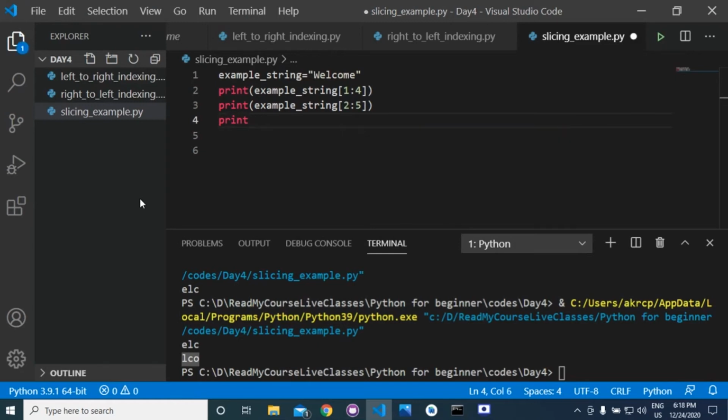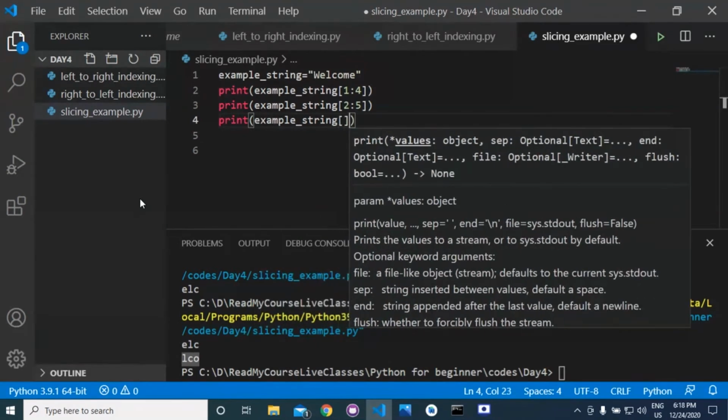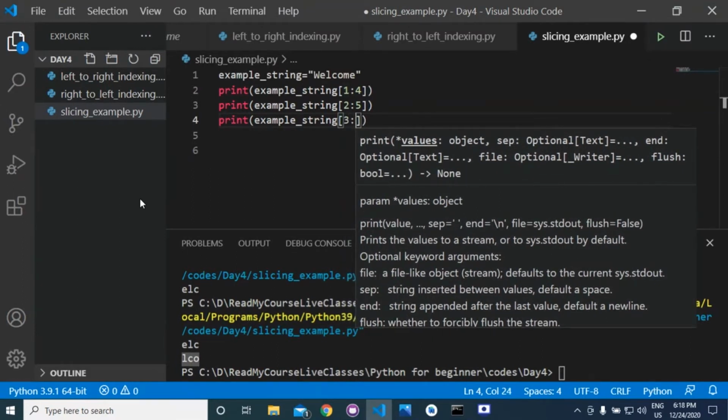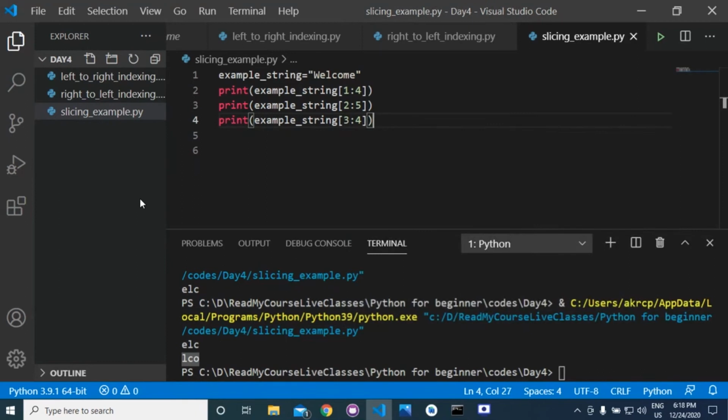What if we write example string 3 to 4? Can anybody answer this? Please try to answer.